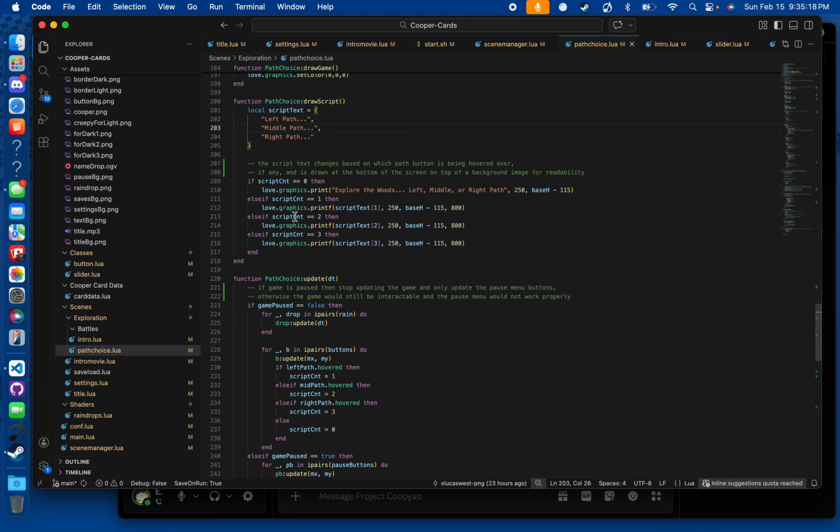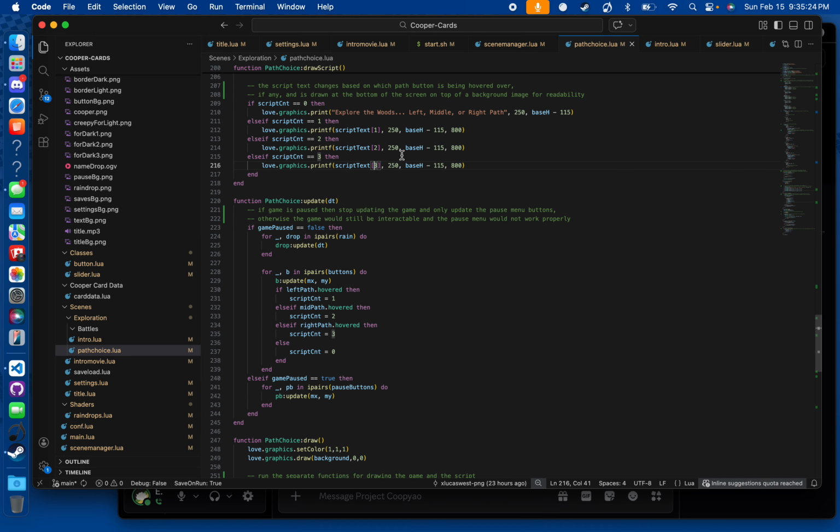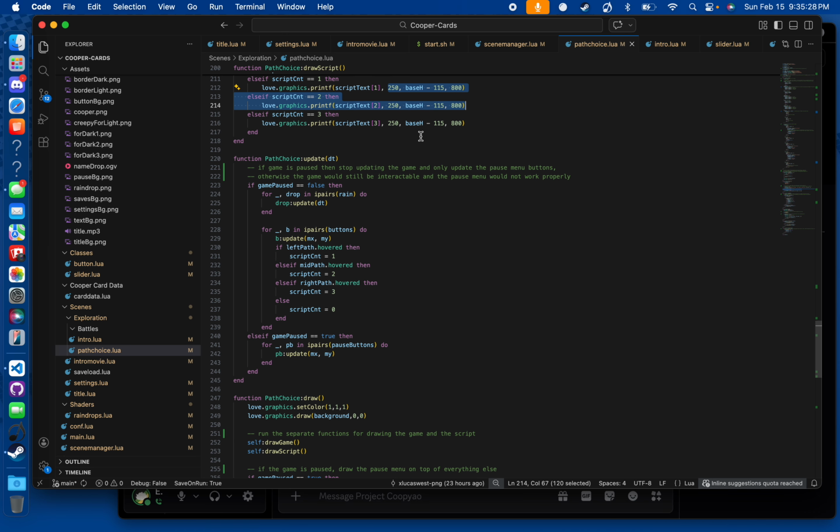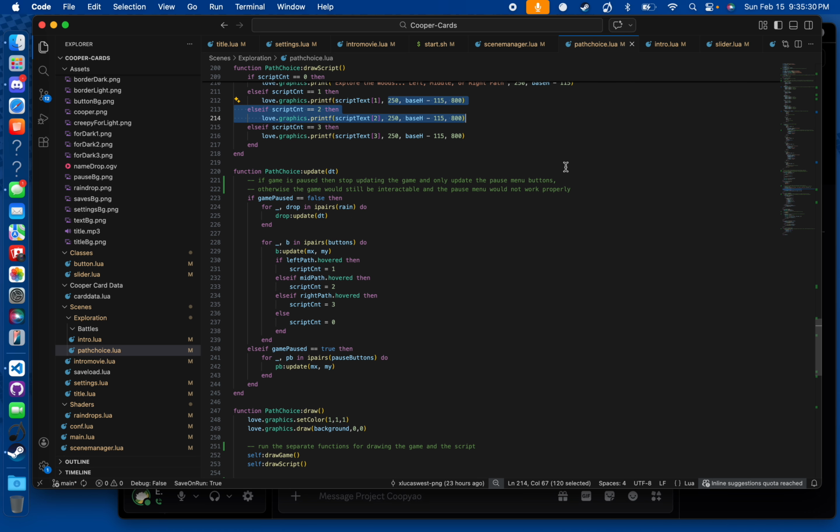And then if script count is 2, then it prints script text 2, script count 3, script text 3, and so on. And then this is the area that it prints it at. We'll probably change that system later because it is kind of